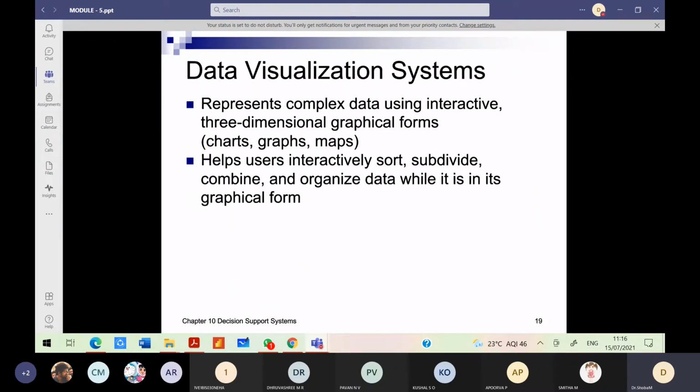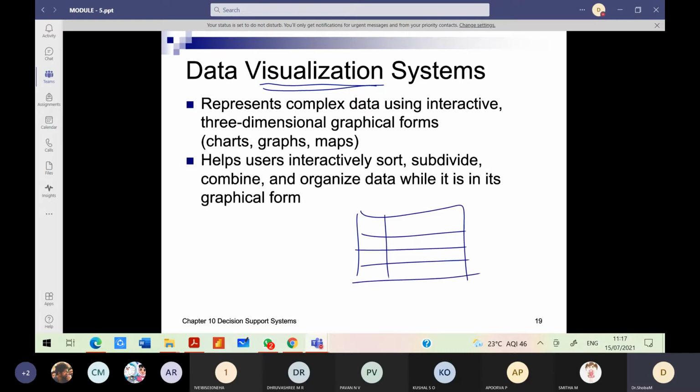Data visualization system: it's not sufficient to only collect the data. How well we present it, how well we make it pleasing to the client or the person to whom we are presenting, also matters a lot. All the data will generally be in tabular format, in terms of rows and columns. Nobody will like it if the data is presented in an Excel sheet comprising millions and millions of records, and nobody has the time to go through those millions of records.